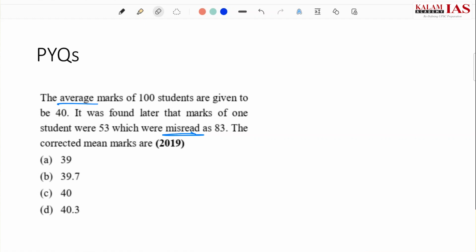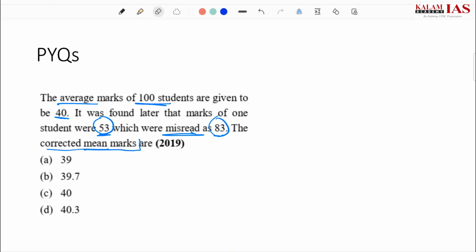It says average marks of 100 students are given to be 40. It was found later that marks of one student were 53 which were misread as 83. एक बच्चे के स्कोर 53 था लेकिन उसको गलती से 83 पढ़ लिया गया, उसके कारण एवरेज में कुछ गड़बड़ हुई है. अब वो कह रहे हैं 83 की जगह उसको 53 करेंगे तो सही एवरेज क्या होगा क्लास का,